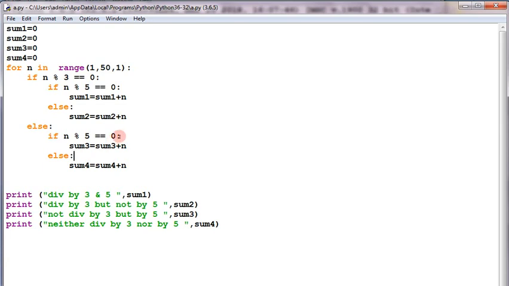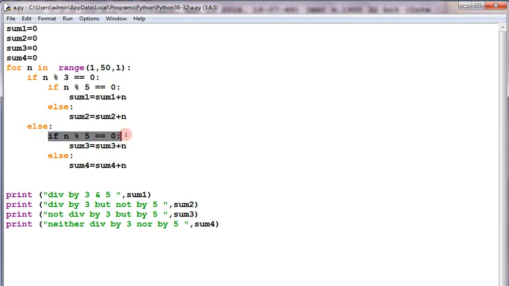As I told you, we have to find the sum of the numbers that are divisible by 3 and divisible by 5. So it is getting stored in sum1. Thereafter we tried divisible by 3 but not divisible by 5, that we stored here. Thereafter, third position, what we did: now it is not divisible by 3, that's why it will come to here.